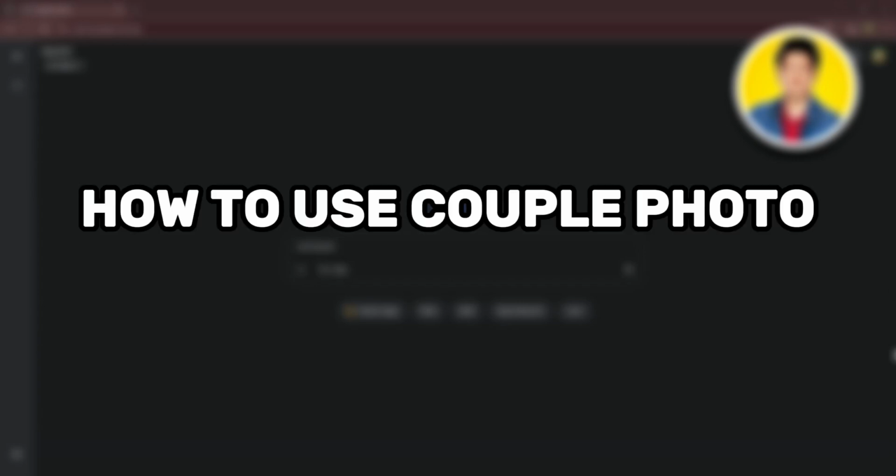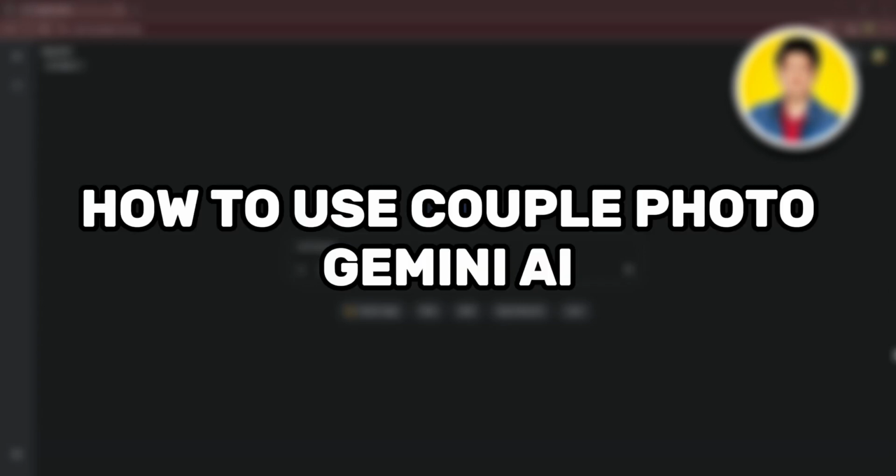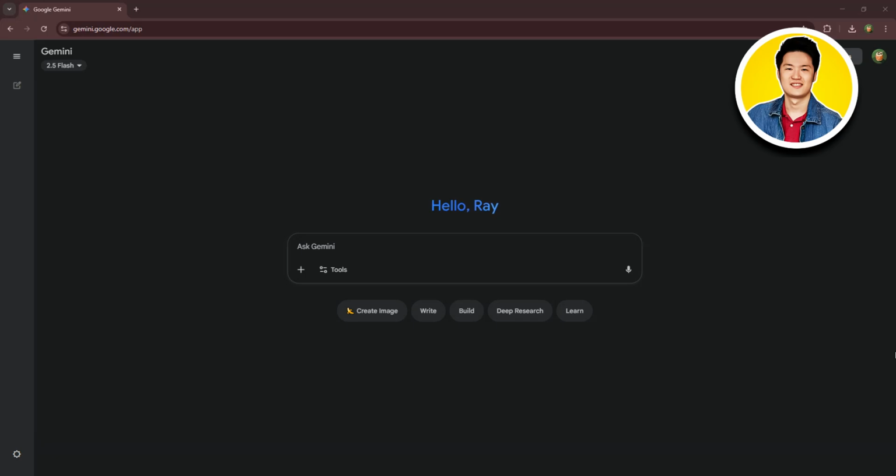So here's how to use couple photo on Gemini AI. First up, you need to head over to gemini.google.com, and as you can see, we're already here. Make sure that you're logged in on Gemini, and now on the dashboard, click on the plus icon right under